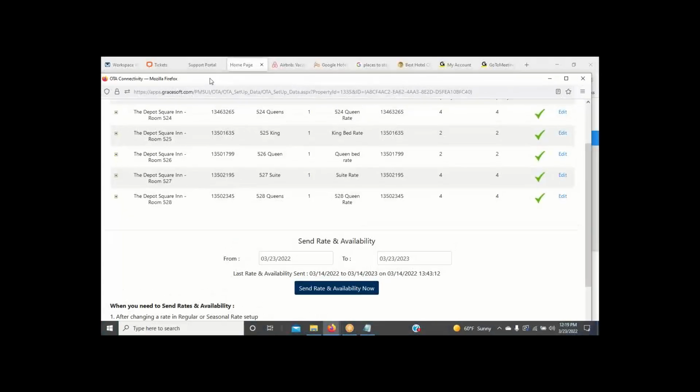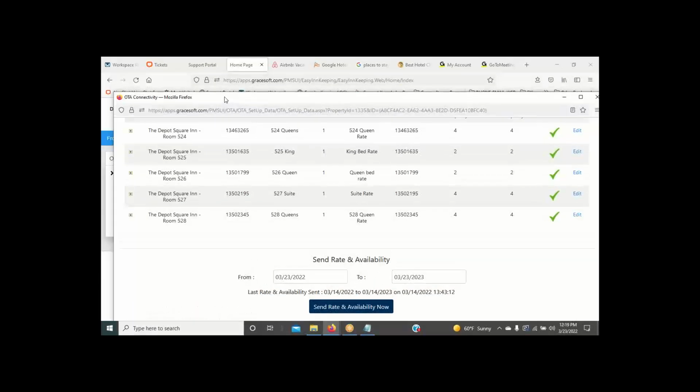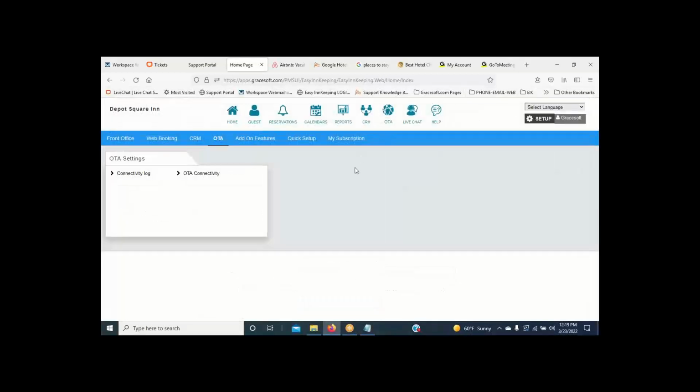And so if you already have an Airbnb listing, you may be aware there's two booking options that Airbnb has. One is that you could put a setting that you're going to approve bookings before they are guaranteed, and the other one is instant book. When you use the connection, all your bookings will be instant book because you're sharing real-time availability, you're sharing rates. We're assuming your policies are all in place, and so it's just going to provide an instant booking.